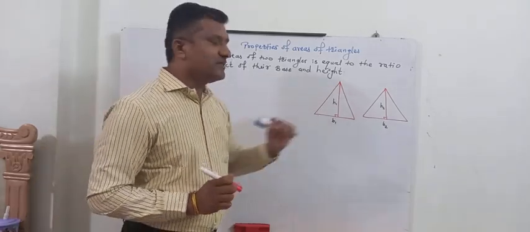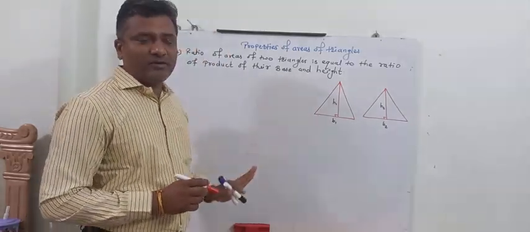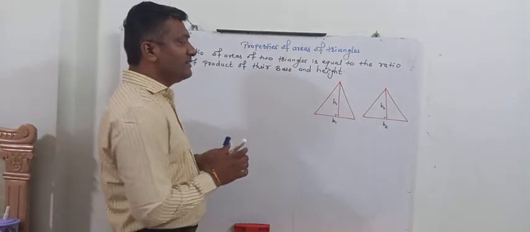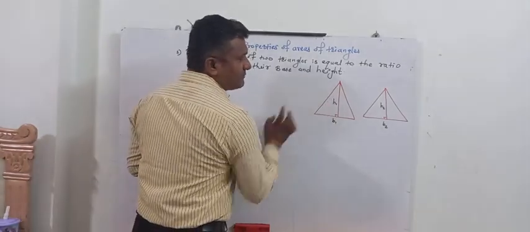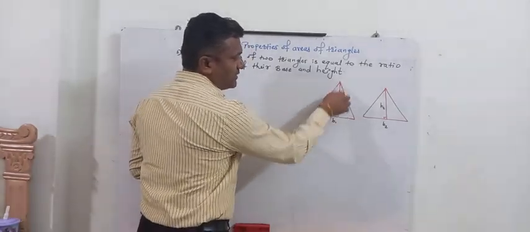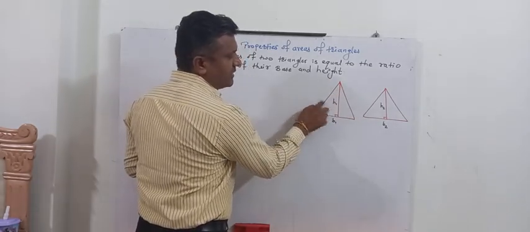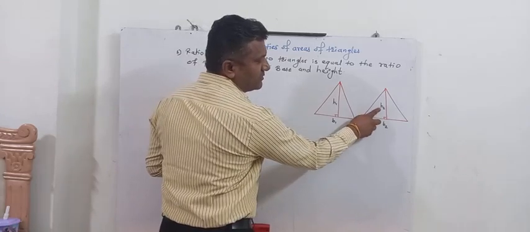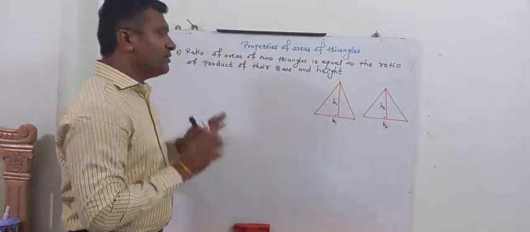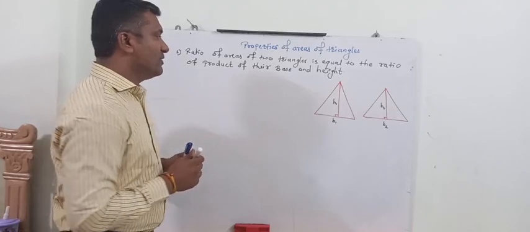Suppose here two triangles I constructed. Labels are not important for us. Only what to understand is which is the base and which is the height. So if you see here, you draw the perpendicular. That's why this becomes a base B1. This is height H1. This is base B2. This is height H2. Now how to use this property? How to apply this property?